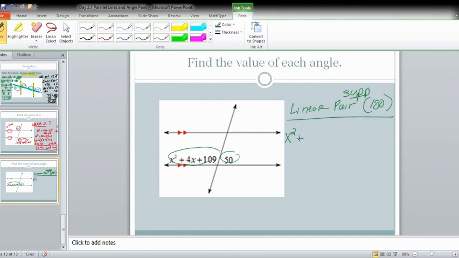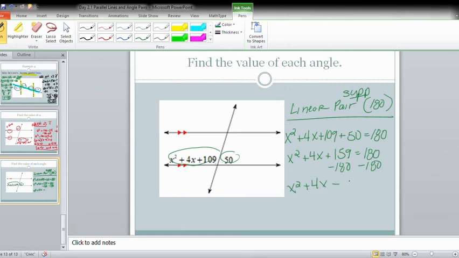x squared plus 4x plus 109 plus 50 equals 180. Again, I've got a quadratic, so I know I have to make this equal to 0. So x squared plus 4x, there's nothing to combine there. I have 109 and 50, so 159 equals 180. I'm going to subtract 180 from both sides of my equation, giving me x squared plus 4x